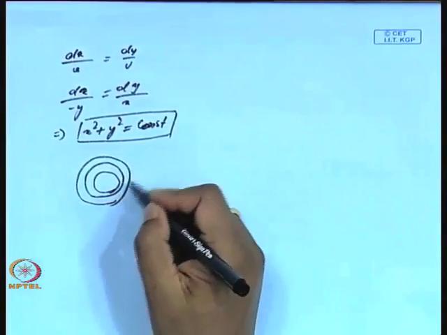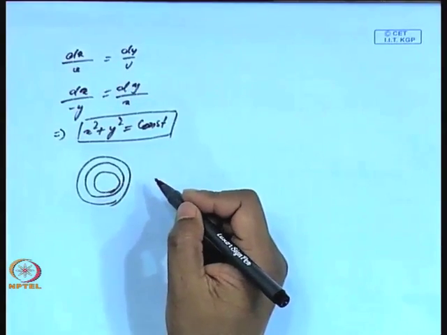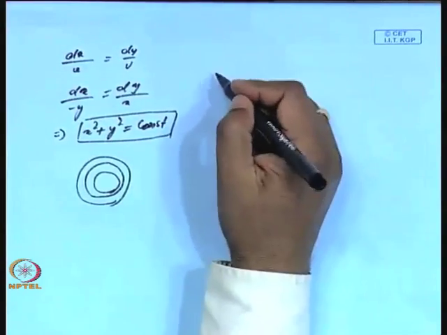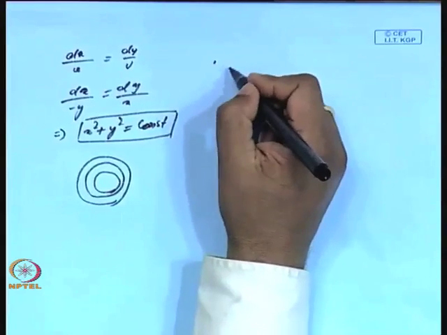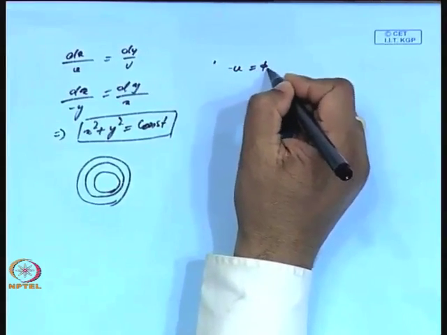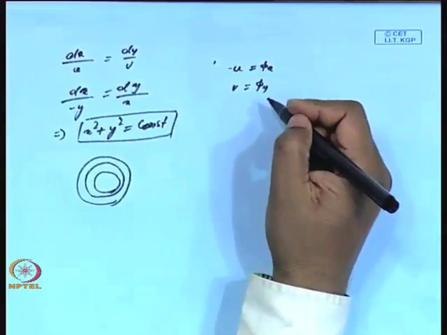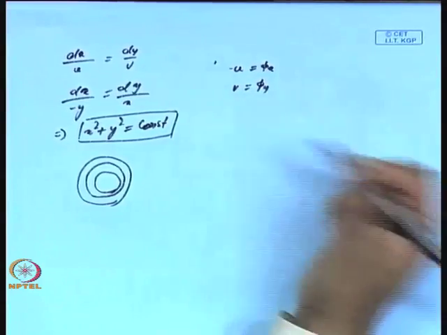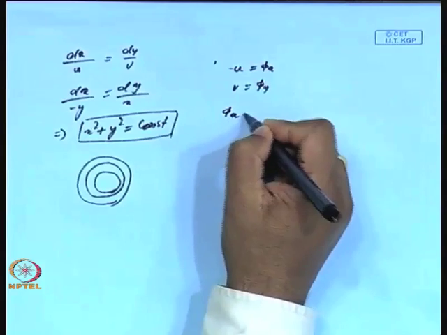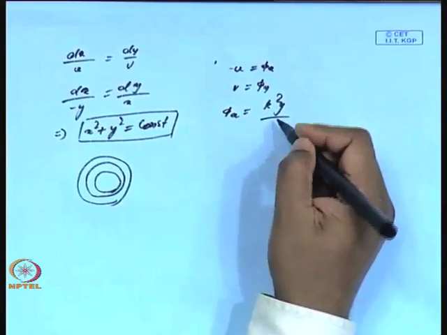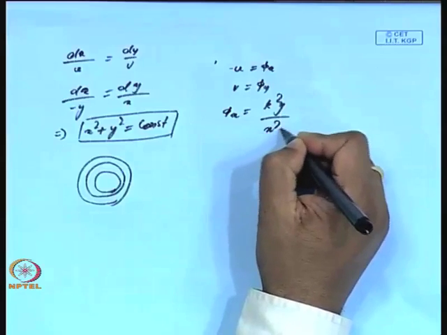This will all give us concentric circles. On the other hand, if you look at the velocity potential, in that case we will have u equal to phi x and v equal to phi y. Already we know u and v. So, we have phi x is equal to k square y by x square plus y square,